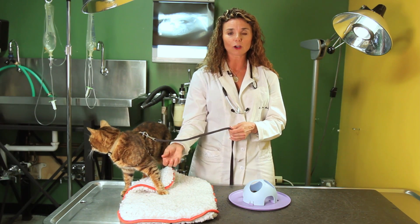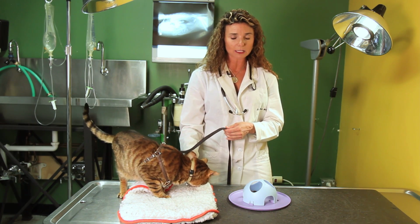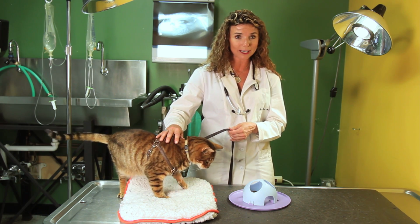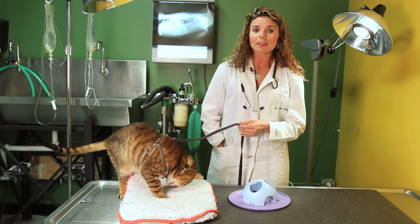So notice how he's kind of calming down. He's switching his tail, he's still a little bit anxious. This certainly wouldn't be the time to introduce him to a new cat because he's feeling a lot of anxiety and a lot of stress right now. But if I had to have another cat in here with him right now, the best thing that I could do